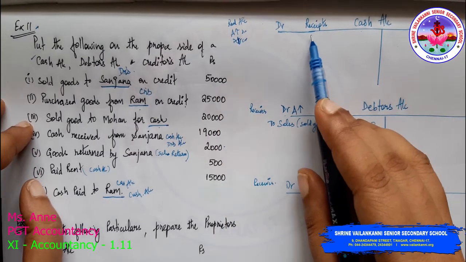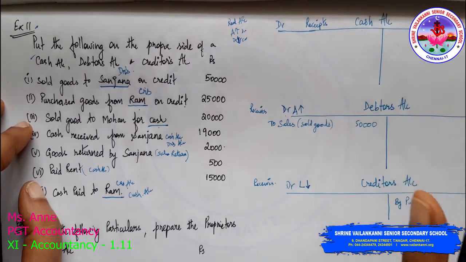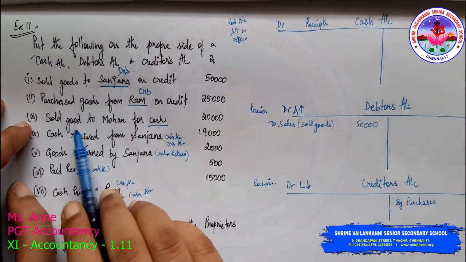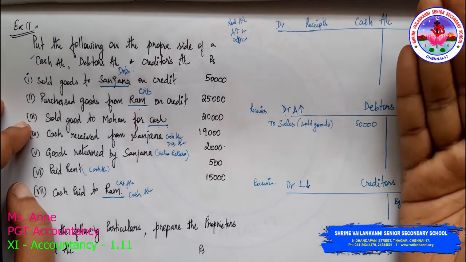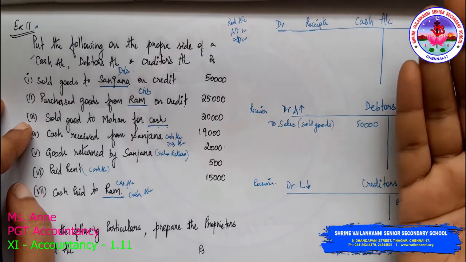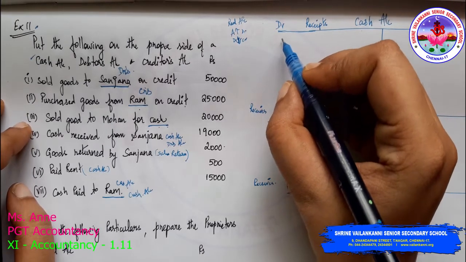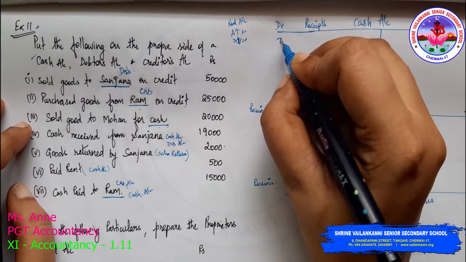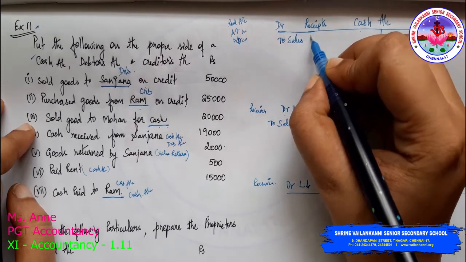But it will be better if you follow, if you're preparing the cash account alone, receipts and payments will work. Okay, sold goods to Mohan for cash. Now we are selling goods. Obviously, we will get the money. Am I right? So it is a receipt. We are receiving the money. Okay, so debit what comes in to sales. Because of what? Sales to Mohan.